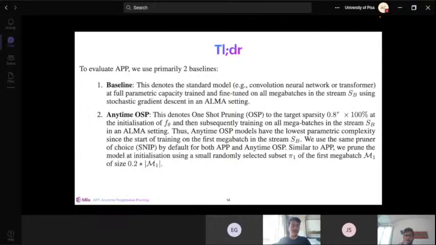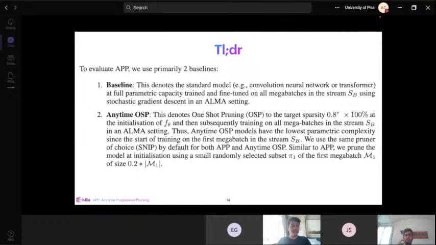So the original ALMA slide that I showed you, where you had one line, the gold line, which was representing the fixed architecture, and the red line representing the dynamic architecture, we are only taking the gold line model. We are not concerned with the dynamic architecture because in their case, they were increasing the model capacity.